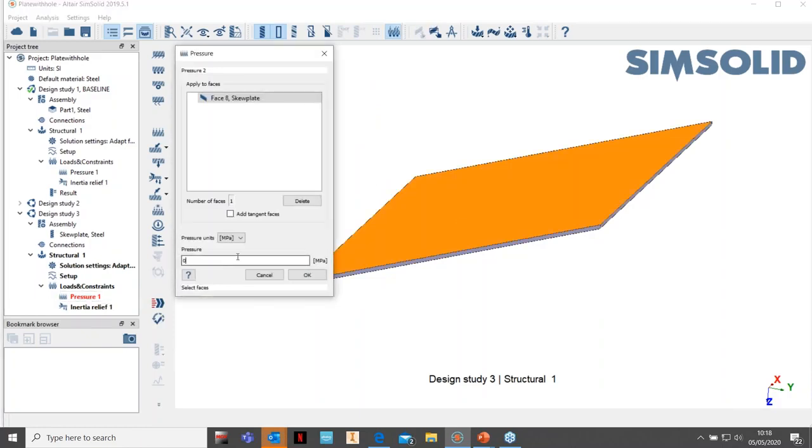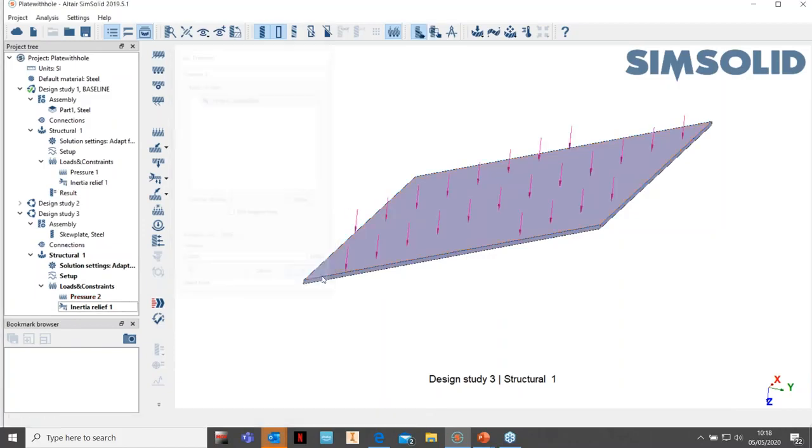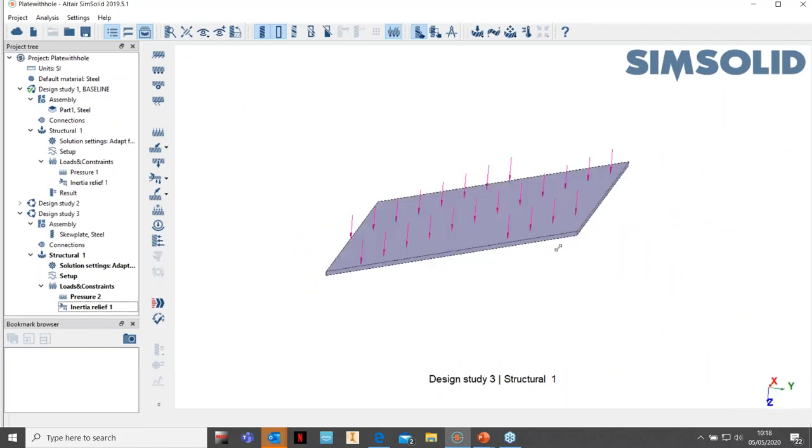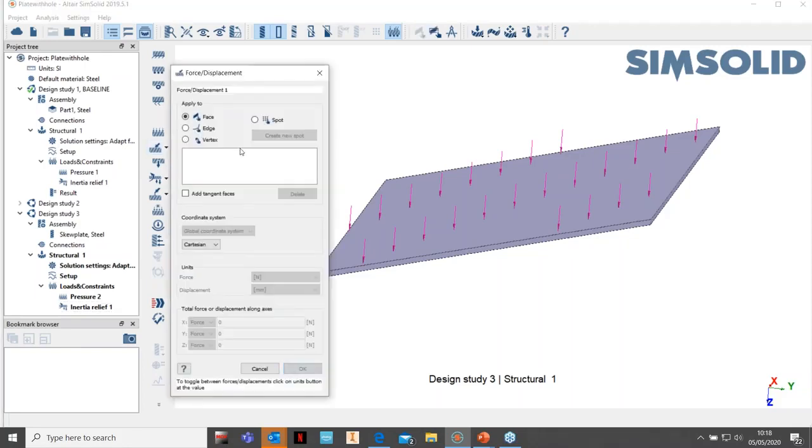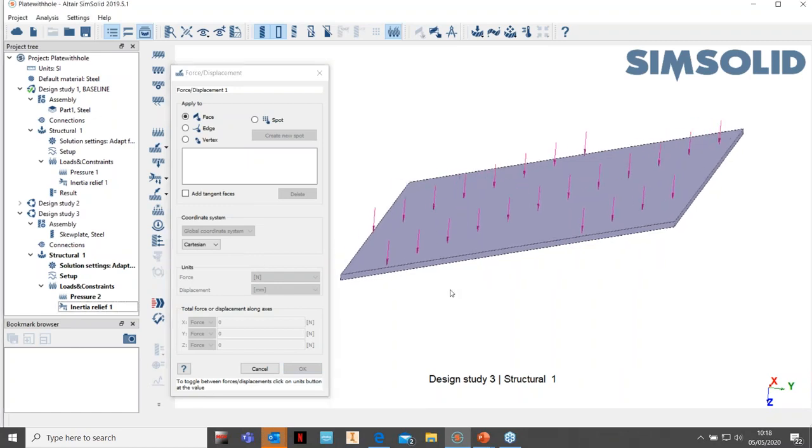It's 0.007 megapascals. Now, the trouble here is these edges, if I pick these edges, it's going to completely fix it, which means it'll give me a huge amount of stress around the perimeter. So we're basically going to apply simply supported, and the way we can do this is if I use this force displacement. It's a bit like force displacements like you do inside